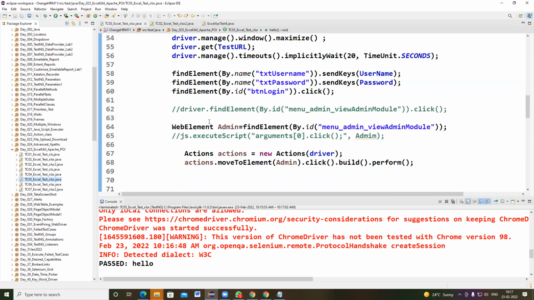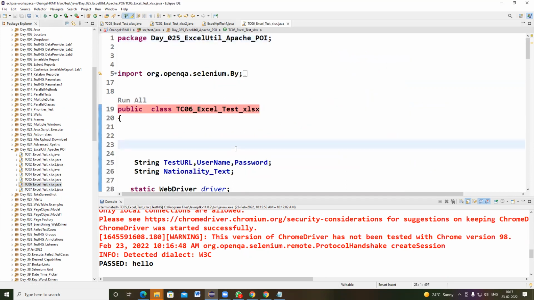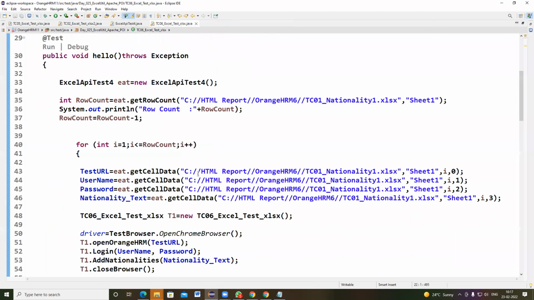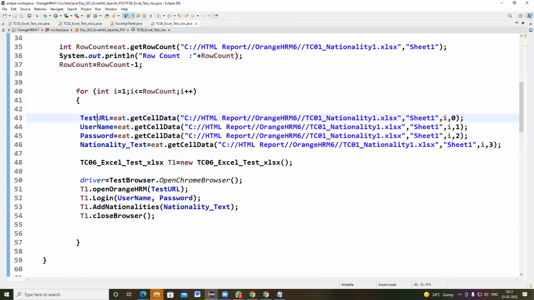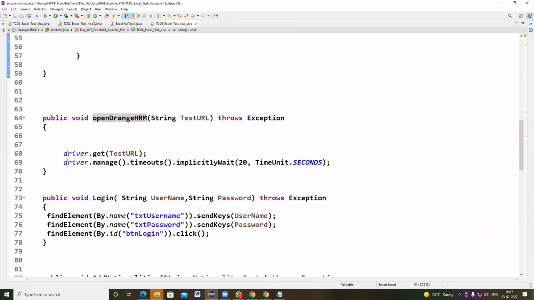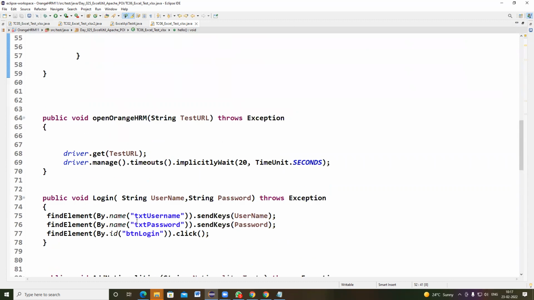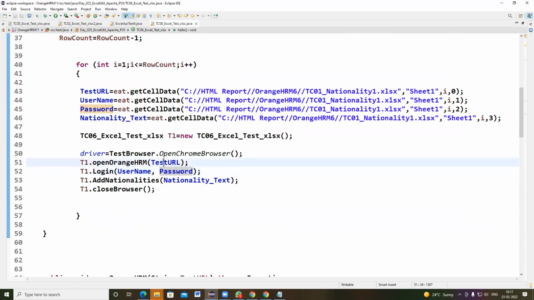That is the same program I have written immediately in lab number 6, and the change is this: once my input data is ready, I'm just calling the required methods. We know how to segregate lines of code into methods and everything. So that is the test URL value, username and password value. This is acting like global variables, and you are calling the required methods. You already know method parameterization, and all these methods you are calling, and these variables are executed.